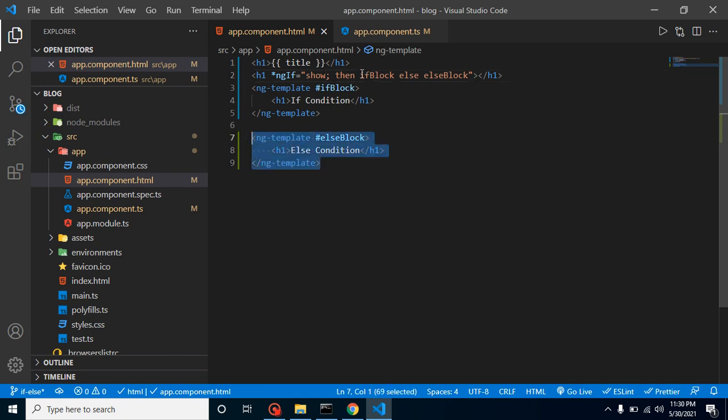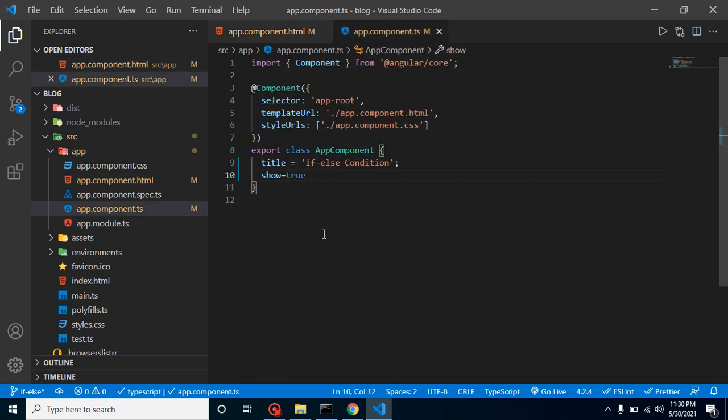And you don't need that code also, and you can make this show value true and false by changing the value on a button click, right? We will use that, and after one or two videos I will make a video on how we can show and hide any element.